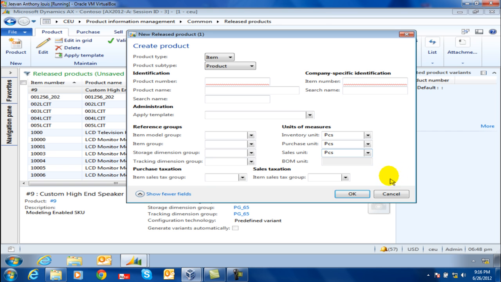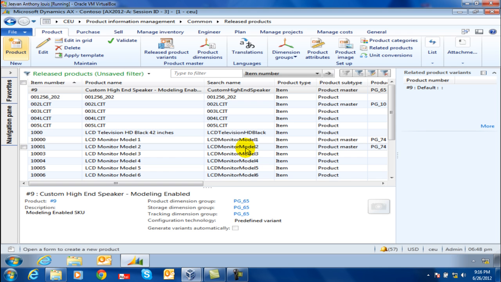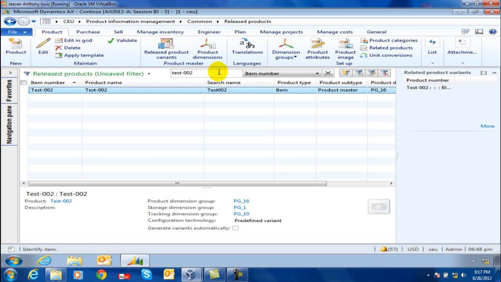Now moving to the groups or the item setups. Once we have the item created, we have to look into the item setups. So let's go to test 002. We have already seen how the variant is released. Once the variant is released or an item is created, next setups is